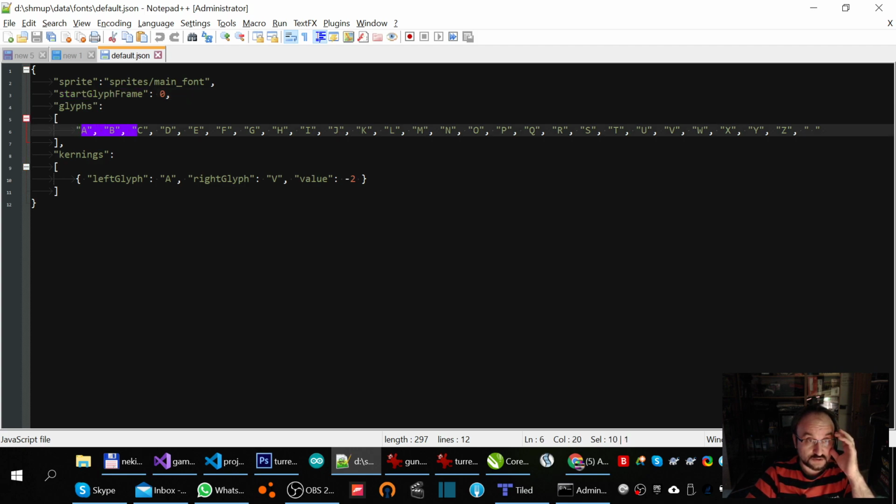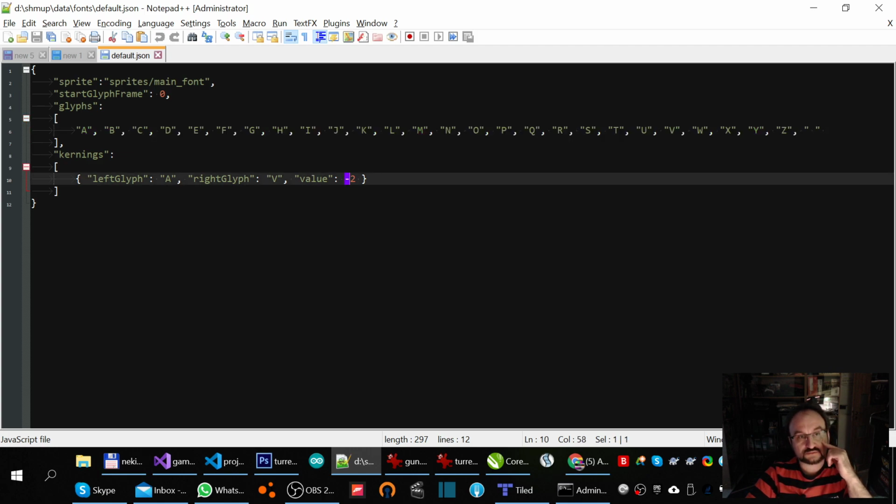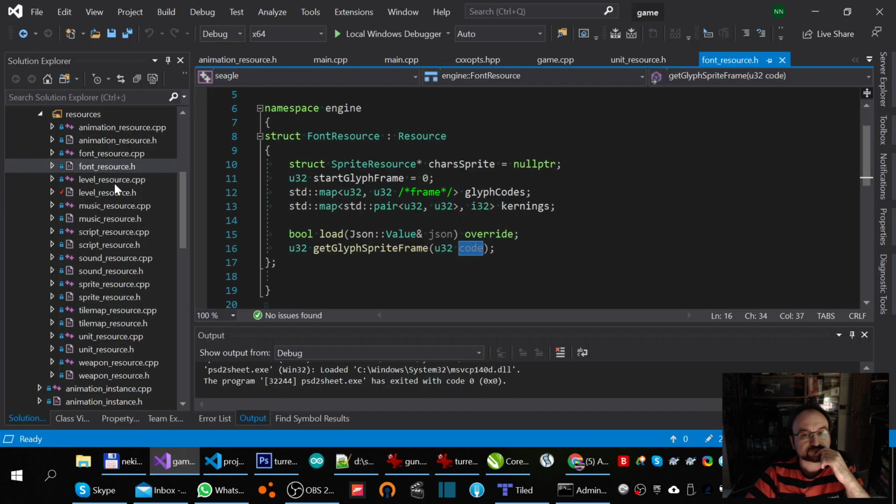So I'm supporting these glyphs, Unicode codes, and some kernings for testing between A and V, -2. And that's it for the